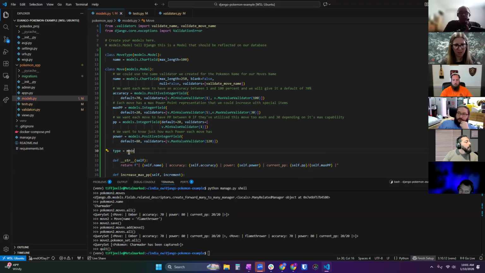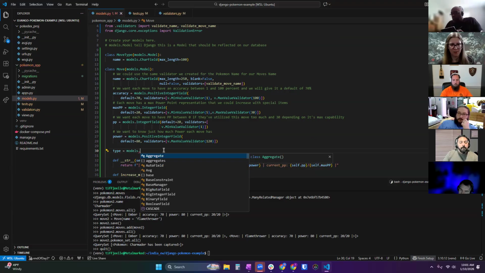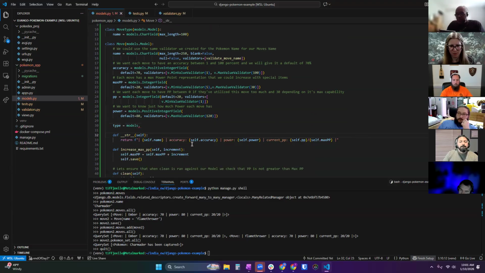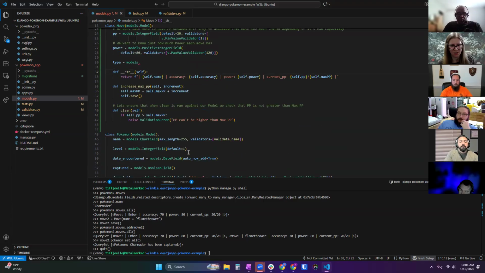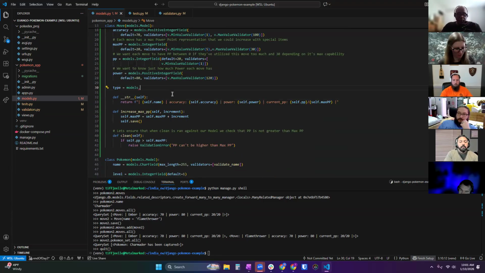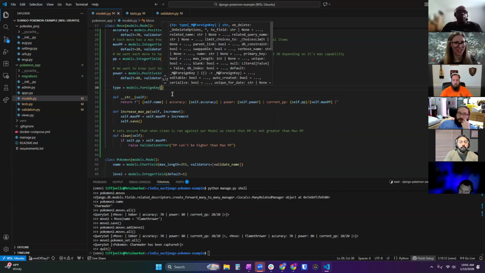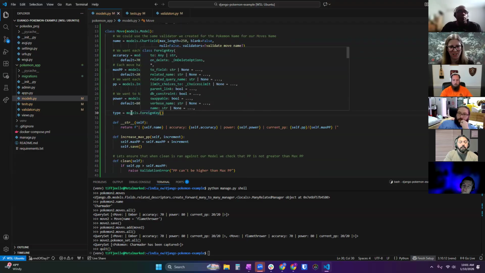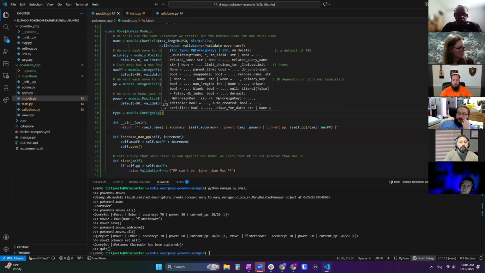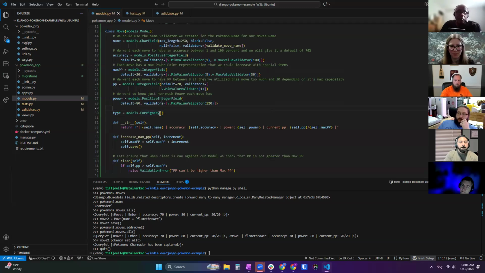It's going to be models dot. Now, the first one was many-to-many field, so with this one you think, oh, maybe one-to-many. No, it's called foreign key field. A one-to-many relationship uses a foreign key field, and this just signifies that we are going to expect a foreign key within this field value.